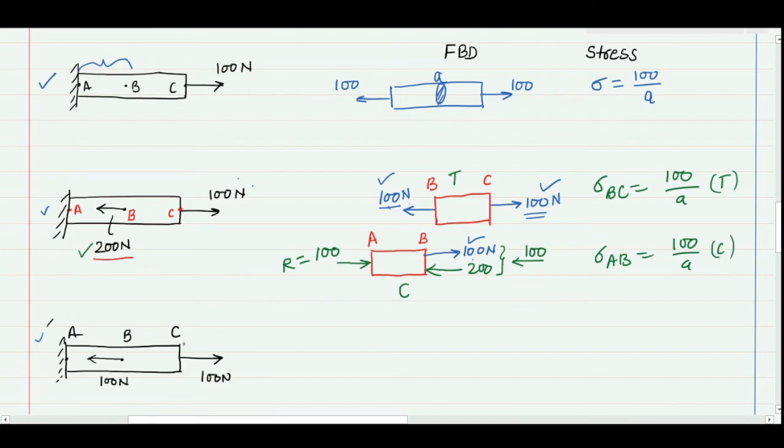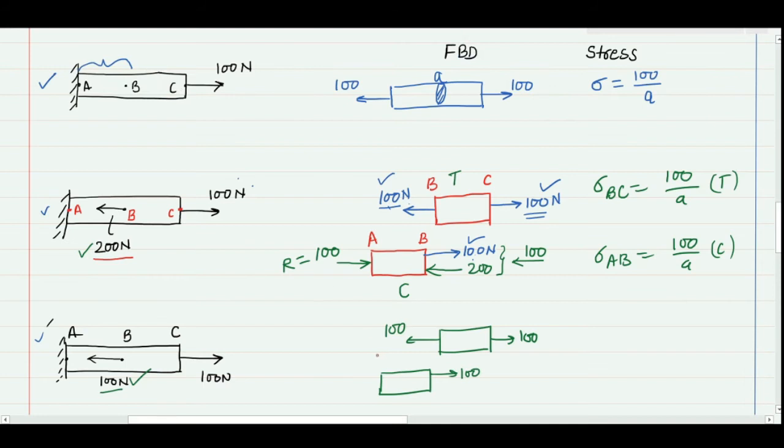The third problem is also similar to the second problem. The only difference is that we are having a 100 Newton force here, and that 100 Newton will give a surprising result, that is, there will not be any stress in the AB part. Let's see it. For that, again make the free body diagram. So this is your first BC section, we are having 100 Newton here, so let's make 100 again, and the second section is your AB section. Let's put equal and opposite of this 100 Newton, and again I am having an additional force of 100 Newton.